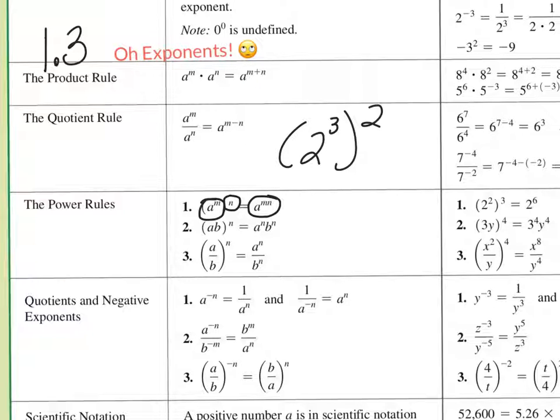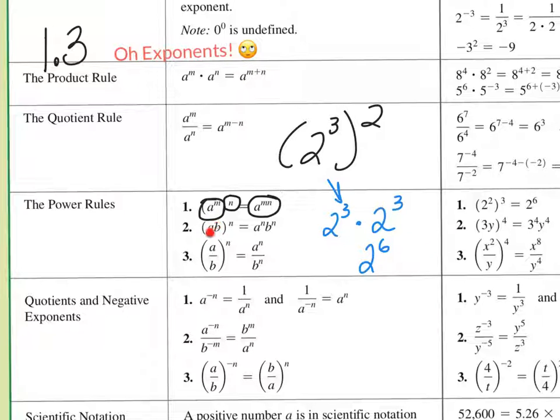And 2 to the 3rd raised to the 2nd power, if we do it the long way, that's 2 to the 3rd times itself. And we see that that's 2 to the 6th power because 1, 2, 3, 4, 5, 6 2's multiplying to each other, which makes 2 to the 6th power. So you make the connection that this number and these two mean the same thing. Okay,